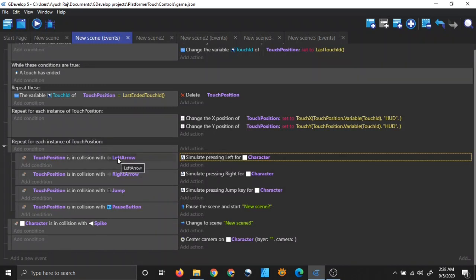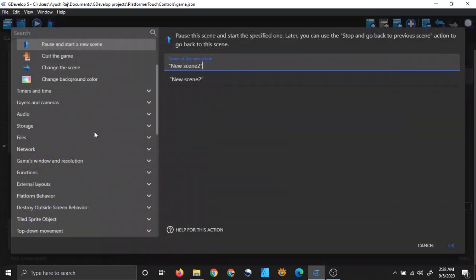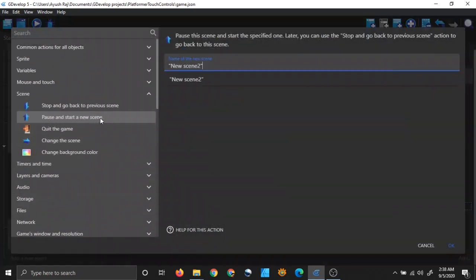When I press on the left arrow, the game will simulate pressing the left key for my character, and similarly for right arrow, similarly for jump. For the pause button, I am simply changing the scene, pausing and starting a new scene. How will you find this?